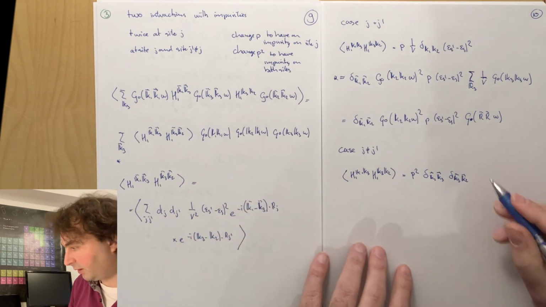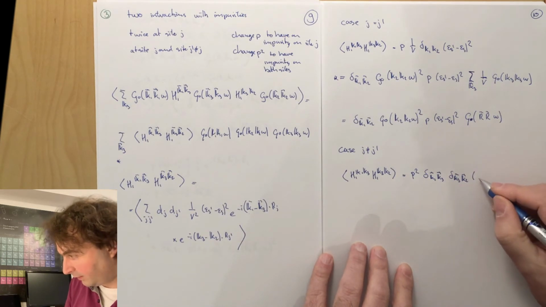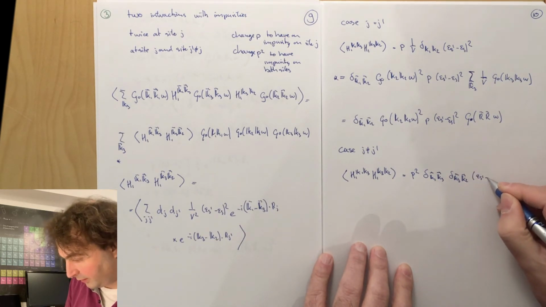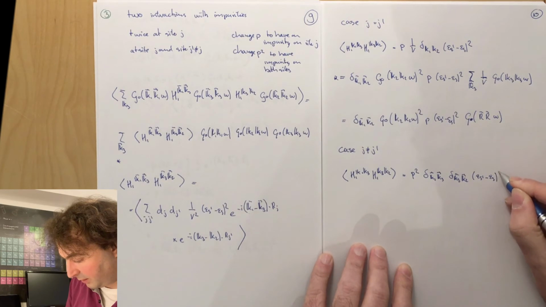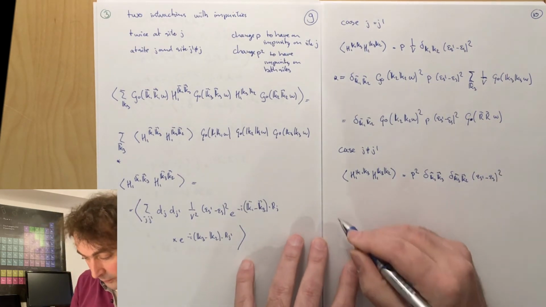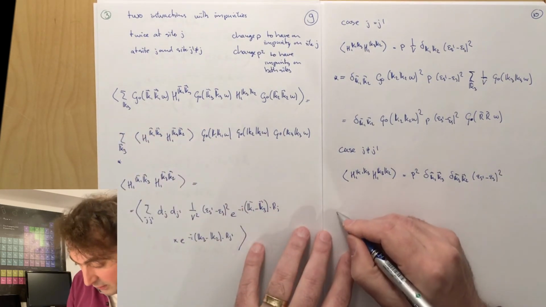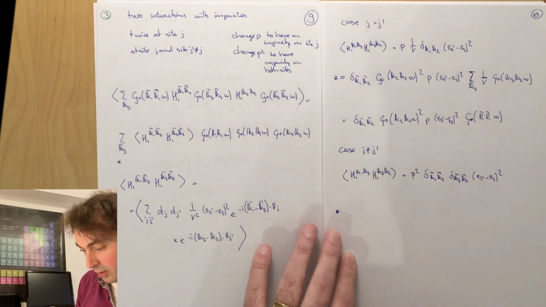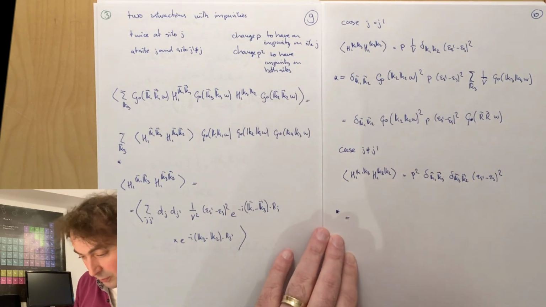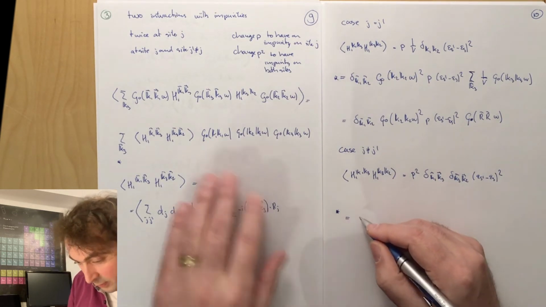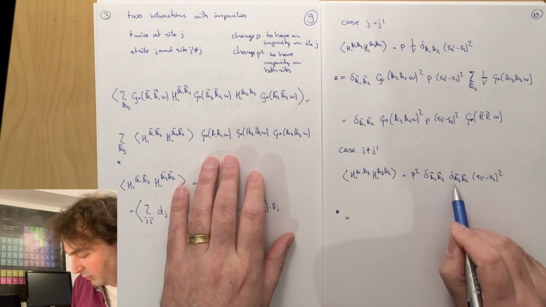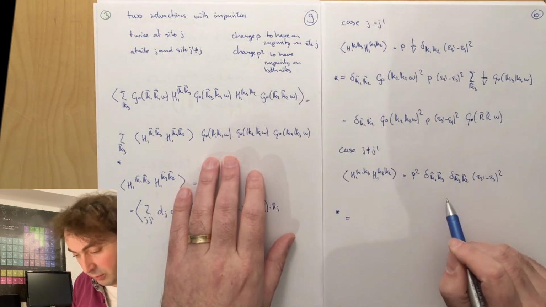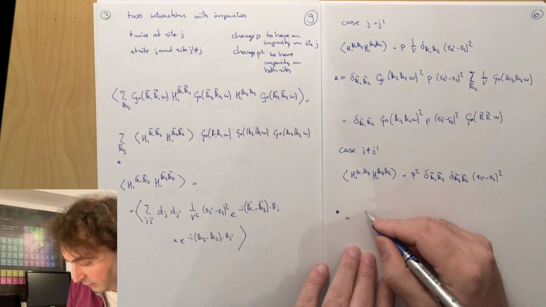Now we get two delta functions. And we have an epsilon s prime minus epsilon s squared, such that the Green's function with two interactions becomes, we now have k1 has to be equal to k3, k3 has to be equal to k2, so all of them are equal to k2,